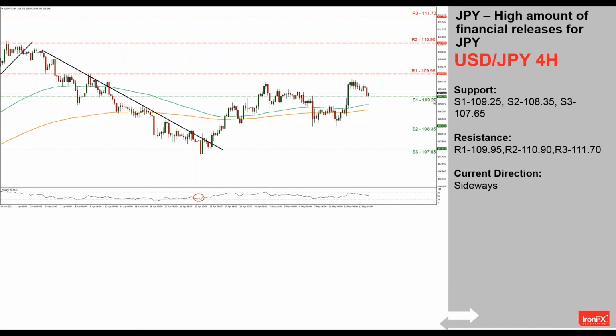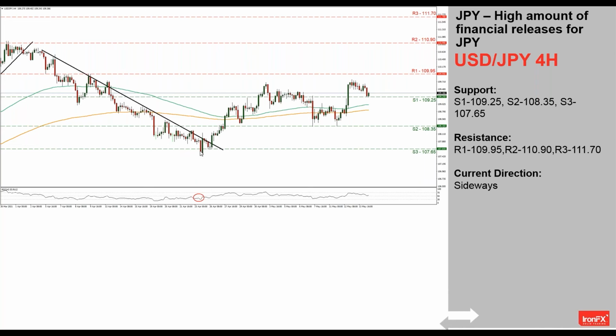support and the resistance level depending on the movement multiple occasions in the past 1.5 months. Lower than that, we note the 108.35. Note how the pair's price action actually tested the level at the 7th of May and later on at around the 12th of May. Even lower than that, we note the 107.65, which was tested extensively on the 27th of